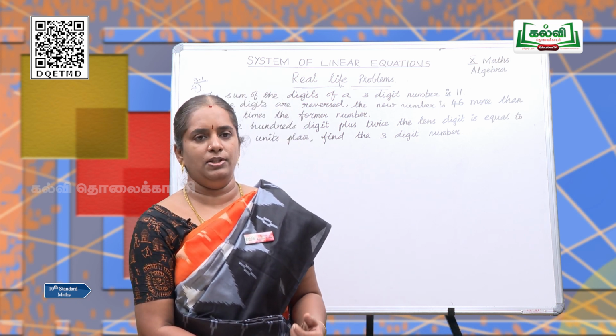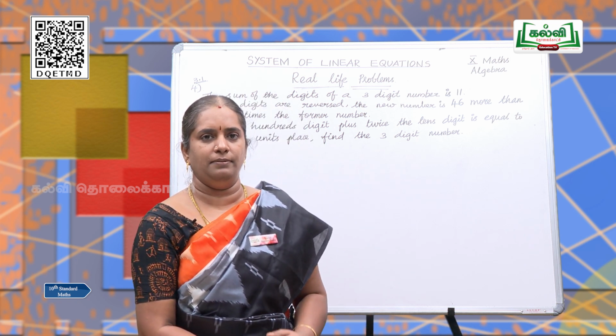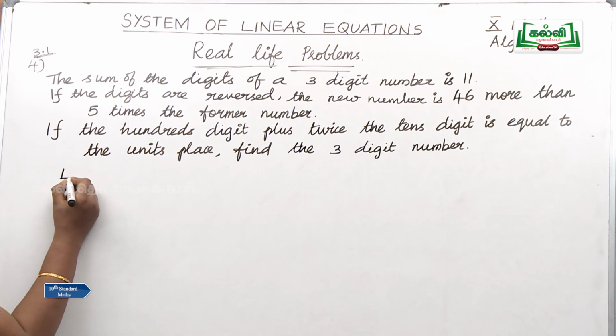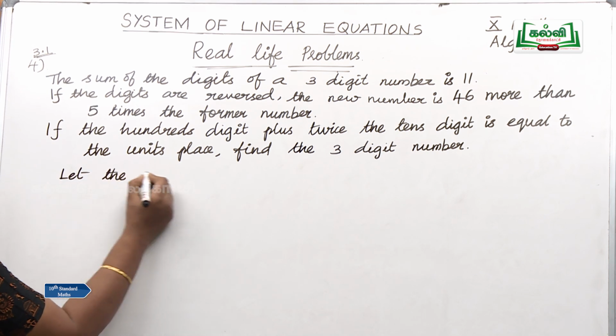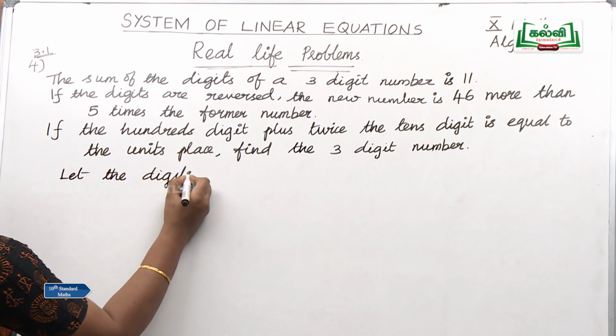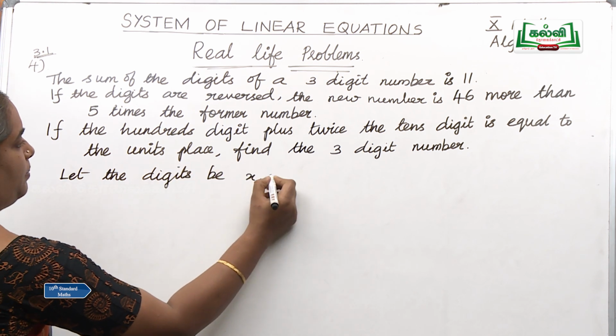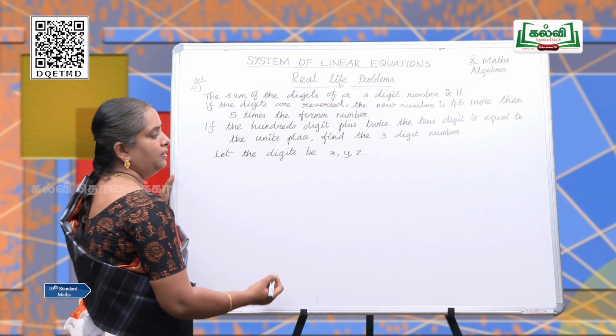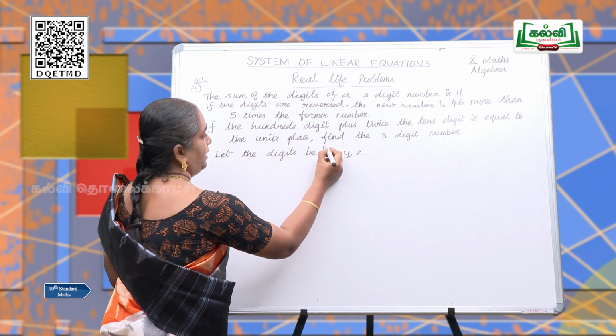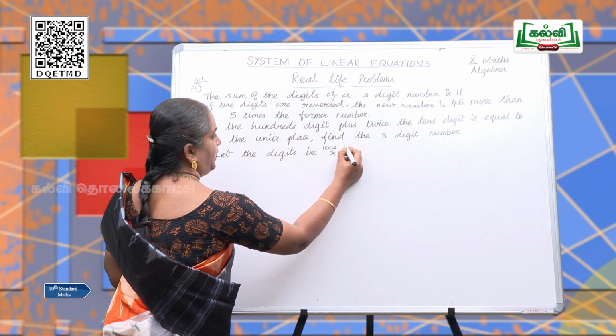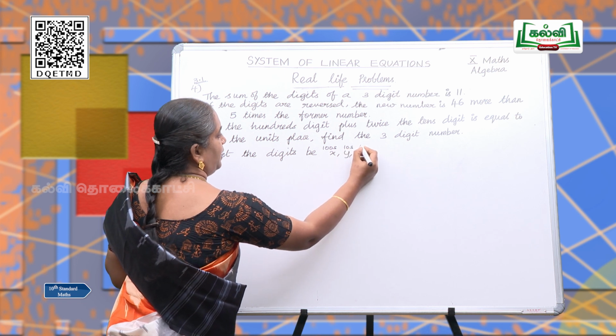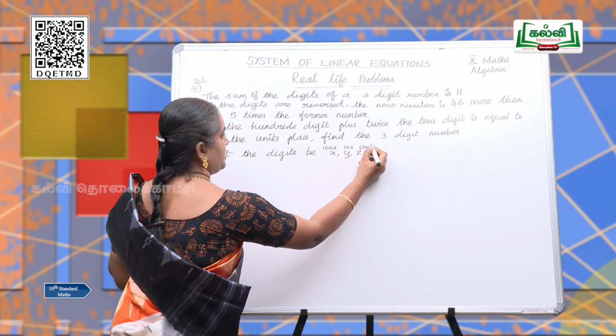Let us name the digits as x, y and z. So, if x is the hundreds place, y is the tens place and z is the units place,